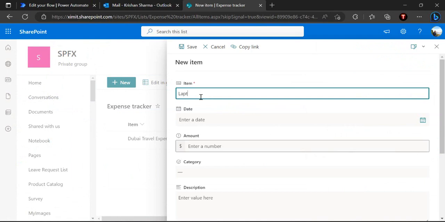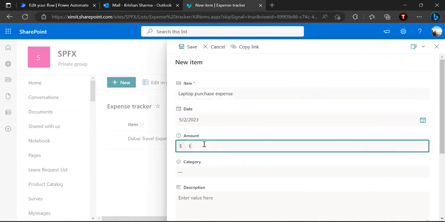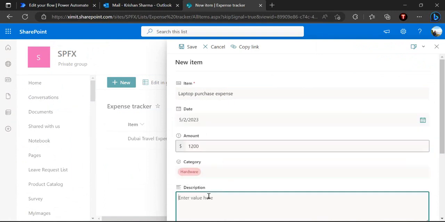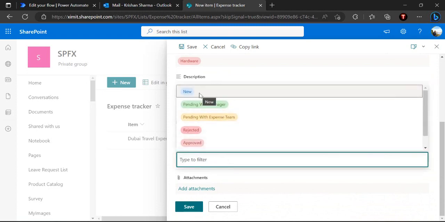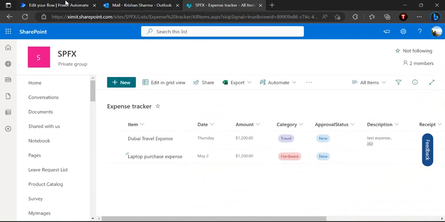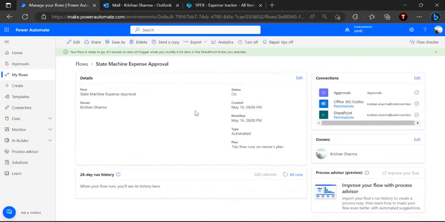So let's say laptop purchase expense, and date you can enter, amount, category, hardware, and description you can do whatever you want. And this one would be by default. Though we are setting that as a manual one, we do not need to if we set that default value to new. And I'll just save, and now we'll wait for our flow to trigger as the status is new,